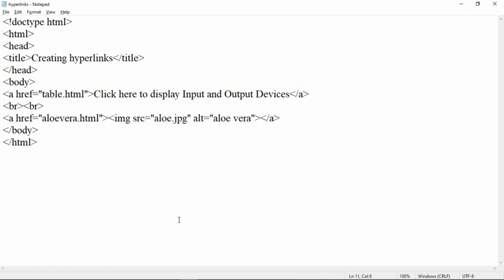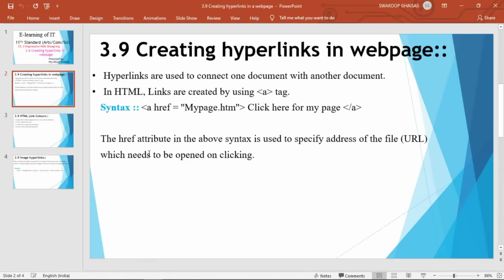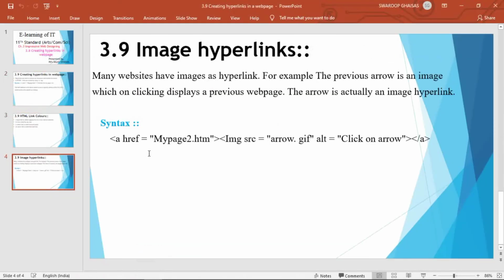So note down this program. Note down all the points related to the links, hyperlinks. Then create a image-based hyperlink and text-based hyperlink and try to write down a program for it and note down it in your notebook.